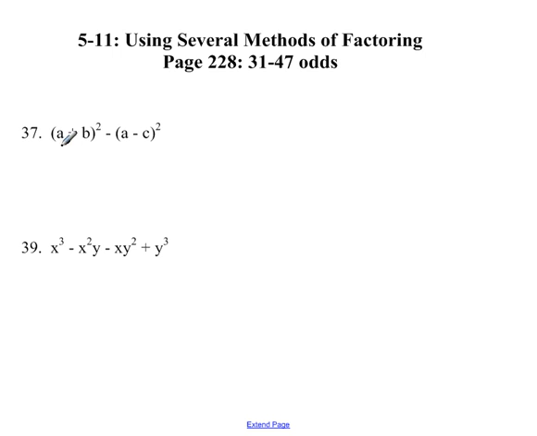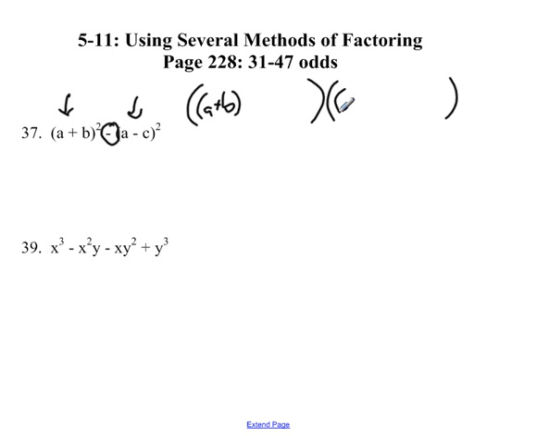Now avoid the impulse to multiply this out. That'll just create work for you and it won't get you anywhere. When you're looking at 37, what I want you to be able to see is that's actually a difference of two squares problem. This is a square, and this is a square with a minus in the middle. So when I factor that, here's what it's going to look like. I'm going to give myself lots of room to work with this. A plus b times a plus b